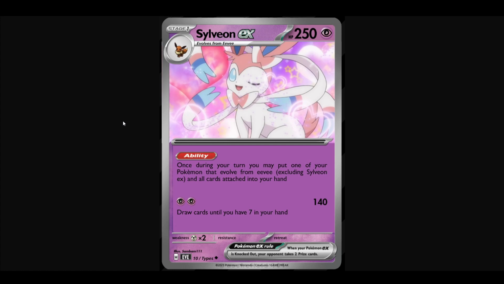I think Scoop Up Net should not be banned in Expanded. I know that's a pretty hot take. I know it's super broken, but so are a lot of cards, right? And yes, it can lead to donk, and donk is not fun, but it also has some cool combos. It enables Pelipper in Expanded, and Pelipper is fun. It's not that fun, it's kind of bad. But